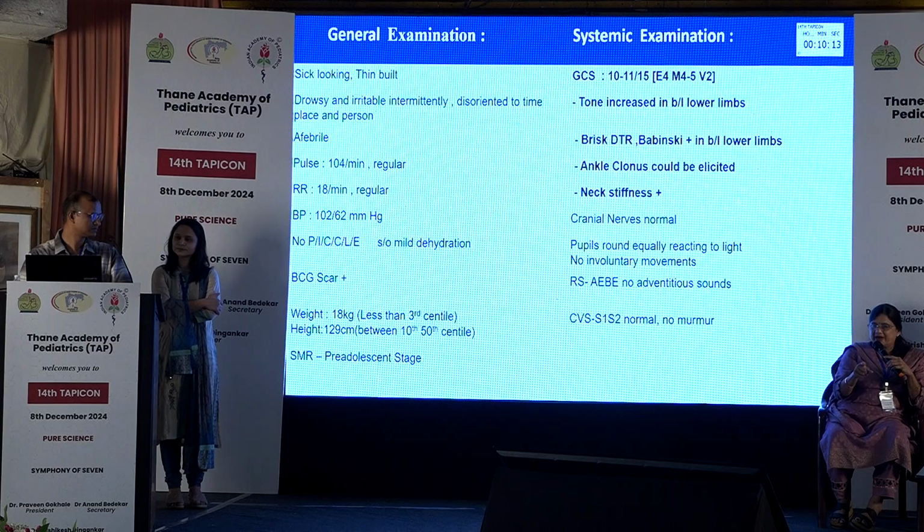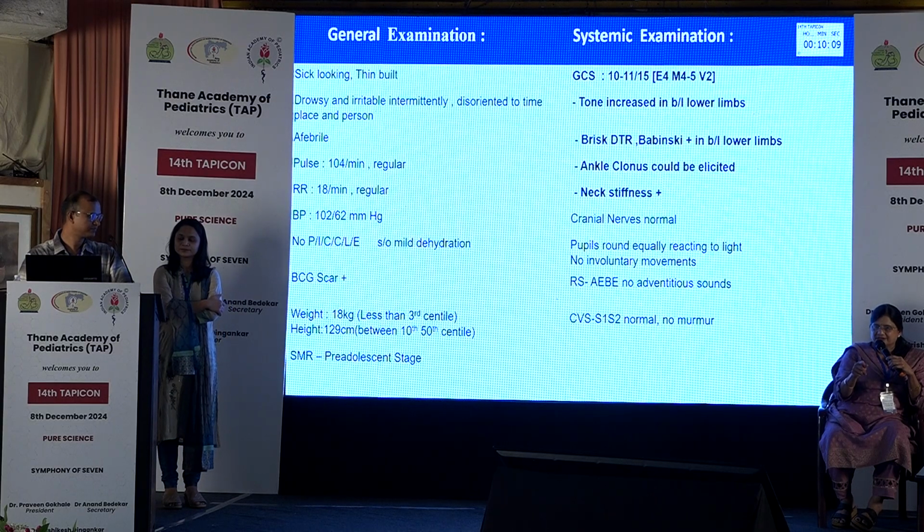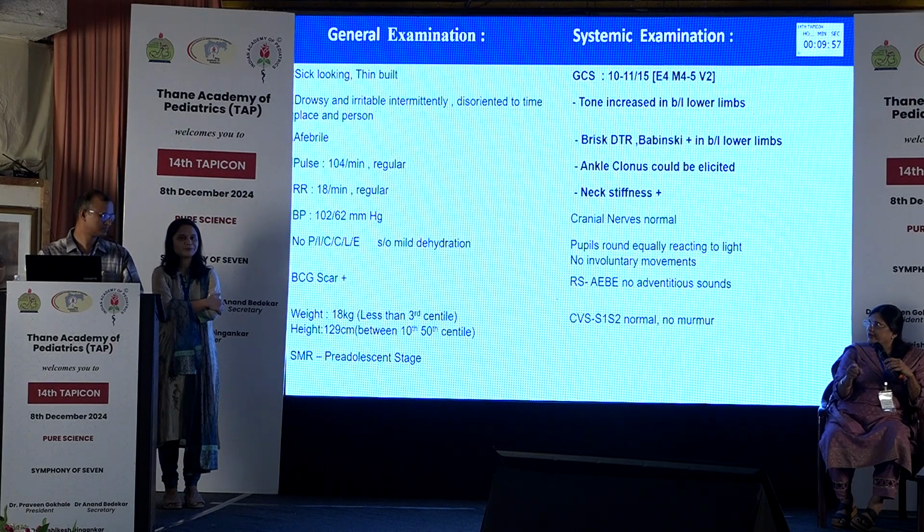So whether this child is bradypneic because of CNS raised tension or something, or whether there is some ketosis or something like that. And the other thing is that her weight is 18 kgs at 9 years, so something chronic is going on, but only her height is very good, 129 centimeters, which seems to be within normal limits. So there is something that is going on, and not for a very short while, but for quite some considerable time perhaps, because her weight is much more severely affected.